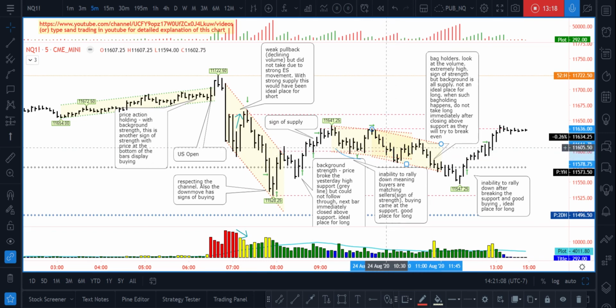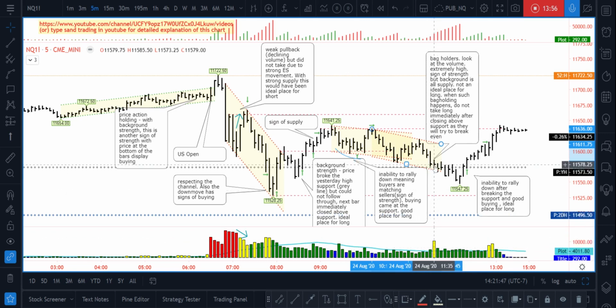Of course, I did not take a short either, but the conditions are not yet clear enough for me to take a shot. So it went up, choppy move. We don't know what's happening. Again it came down. Of course, this time I'm expecting this to be broken. But look at the volume. This caught my attention. Look at when this came up. A lot of people bought it here, of course, because they know that this is yesterday's high, and a lot of people bought long here. See the volume, almost 2.5 times the previous bar.